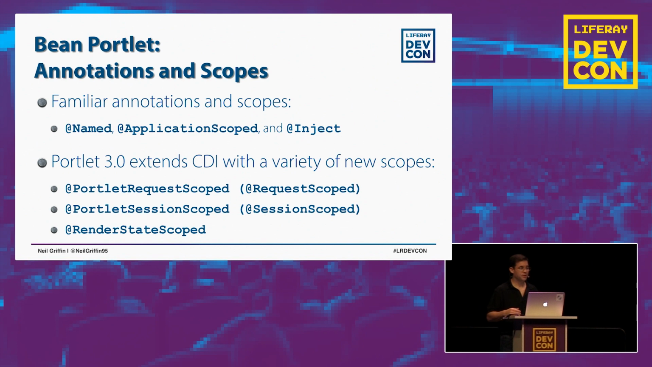The Bean Portlet feature comes with some new annotations. It also utilizes some familiar ones. So if you're a CDI or a Java EE developer, you're familiar with @named and @application-scoped, and of course @inject from JSR 330. But Portlet 3 extends CDI by introducing some new scopes. We have @portlet_request-scoped, @portlet_session-scoped, and @render_state-scoped. So any Portlet container that implements Portlet 3 has to implement these CDI scopes in order to